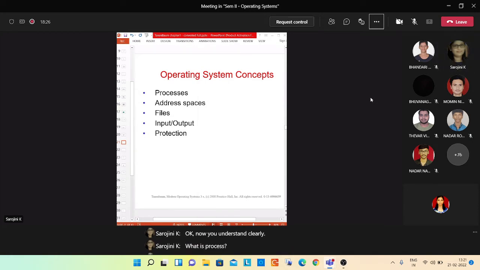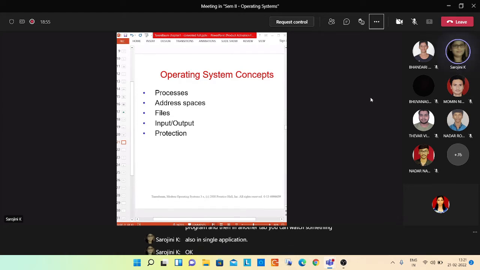Remember, one process can create other processes also. One parent process can create other child processes also. That means in one application, you can type and save the program, and then in another tab you can watch something also, in a single application.